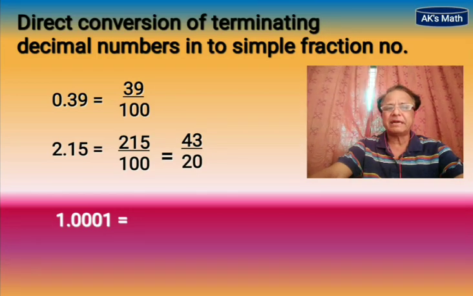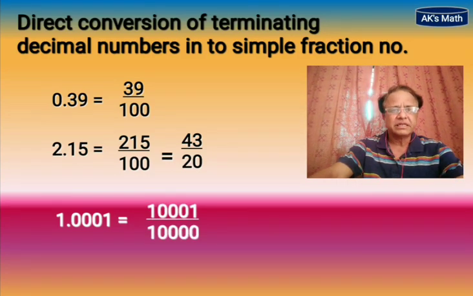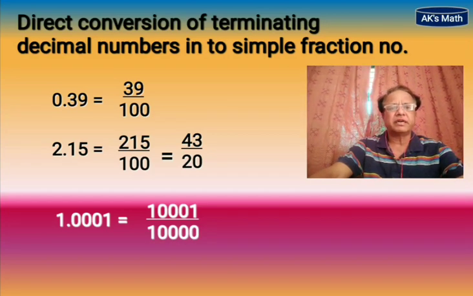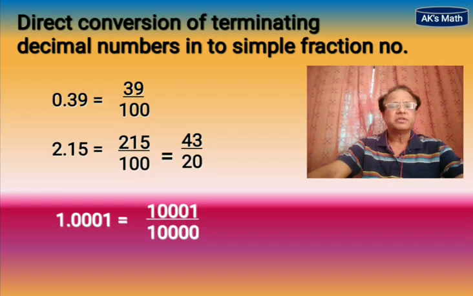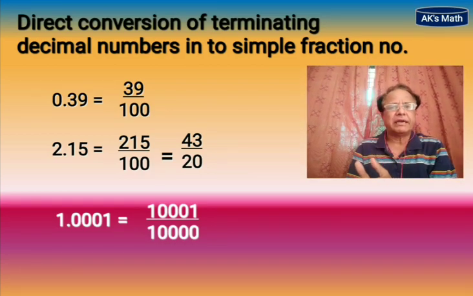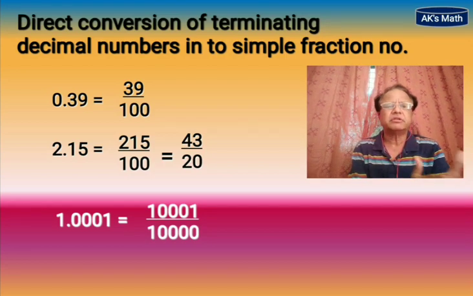3 digit है डेसिमल के बाद में, तो हमको 4 digit है डेसिमल के बाद में, तो हमको 4 जीरो डिनोमिनेटर में बढ़ाने पड़ेंगे. So it will be like this: the whole number without decimal in the numerator, and how many zeros we have to increase, that we have to increase in the denominator. So it becomes like this. So this is the very simple type in which terminating decimal fraction numbers we can convert into simple fraction numbers,